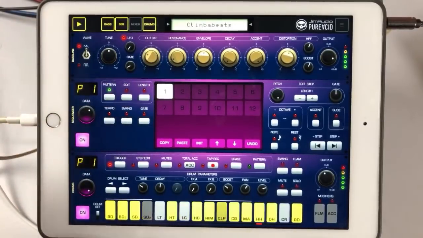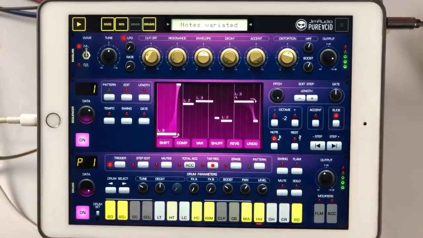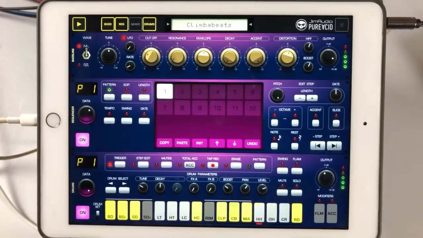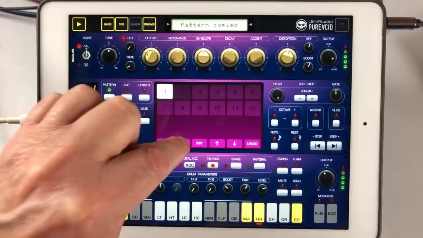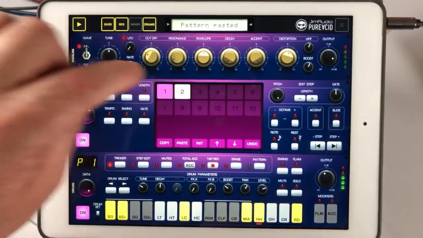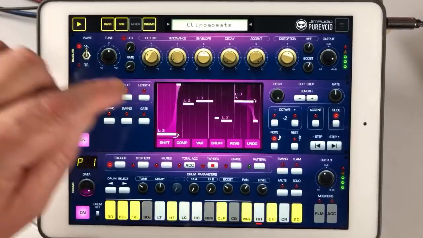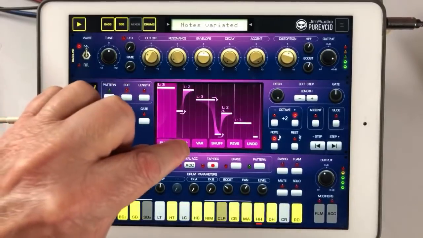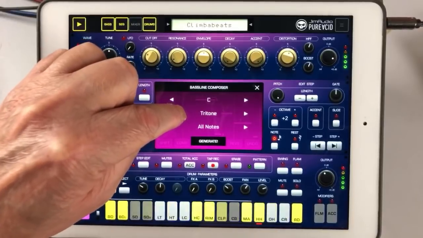There's only one pattern in this, so let's go vary. Like that. You've made it your own already. Copy. Paste. Let's do the same. Let's maybe go, say,